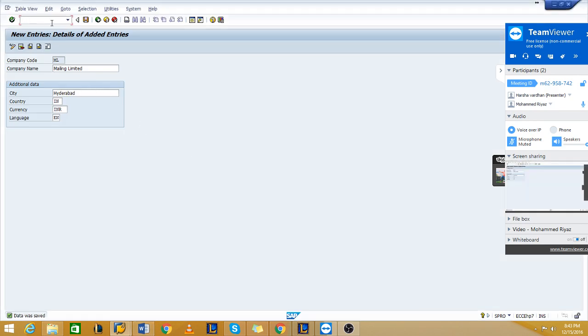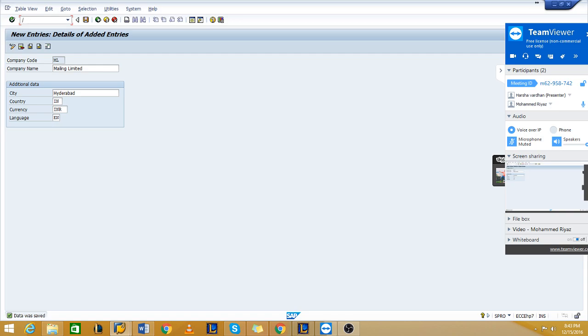Whenever you are in between any transaction, you need to use hash and prefix before typing any transaction, since you are in the middle of a transaction. Only through the easy access screen can you give the transaction code directly. Otherwise, if you want to terminate the current transaction and start a new transaction, you should use hash and prefix before any T code. If you want to keep the current transaction as it is and open a new window with the new transaction, then you need to use hash O.